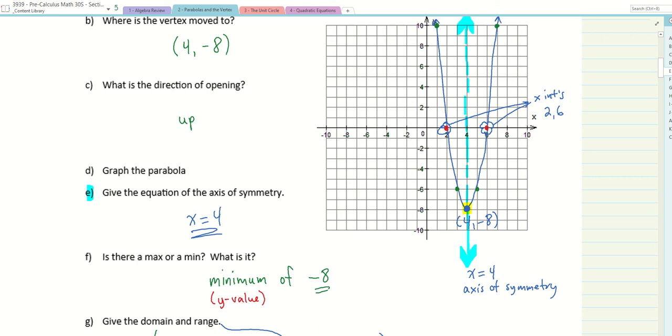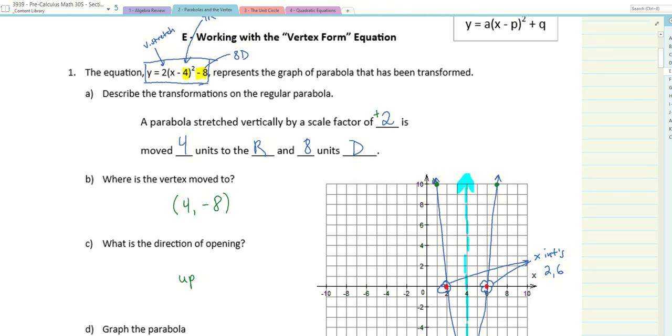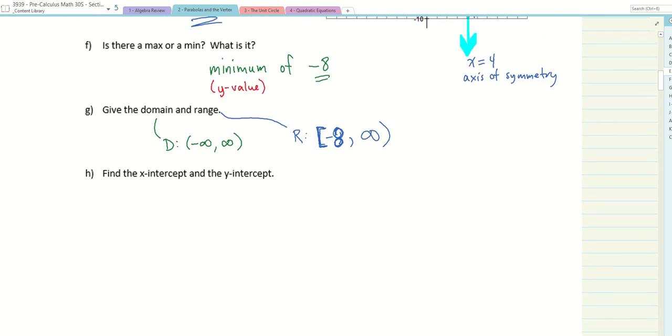Okay? All right. If you guys remember from last year, we can also mathematically figure out where those x-intercepts are. So let's take our equation, which was y is equal to 2(x minus 4) squared minus 8. If you remember last year, to find the x-intercept,